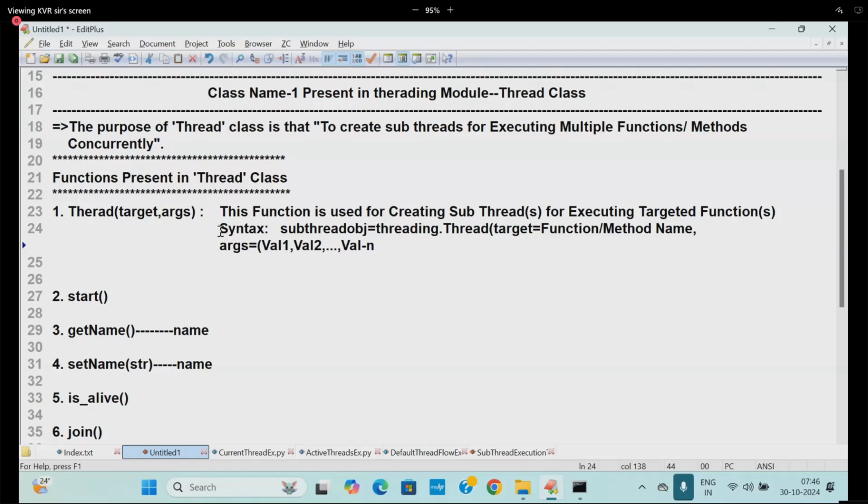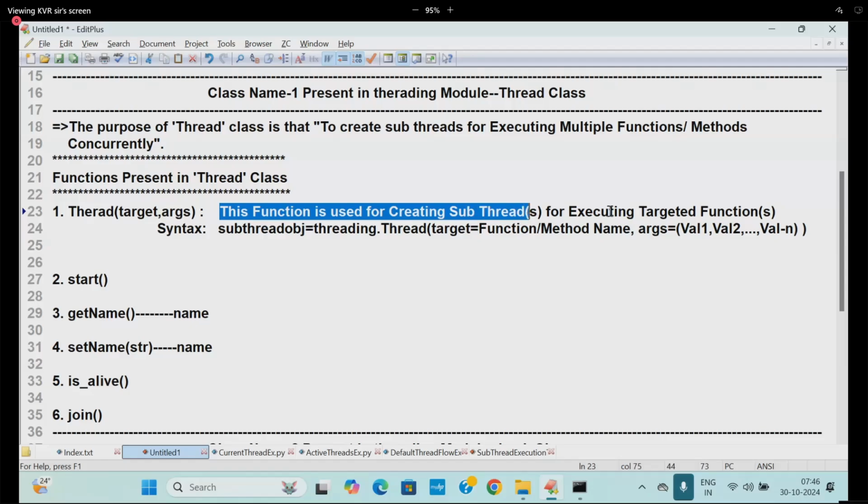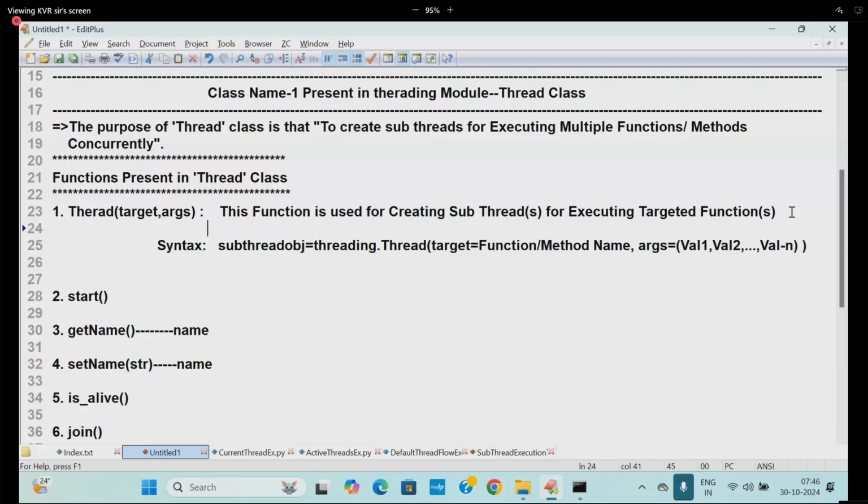So this is the syntax we have: value 1, value 2, value n. Come on, this you need to say, because if you specify more than one value, no problem. If you specify a single value, no problem. Are you following me? This function is used for creating subthreads for executing the targeted function by taking